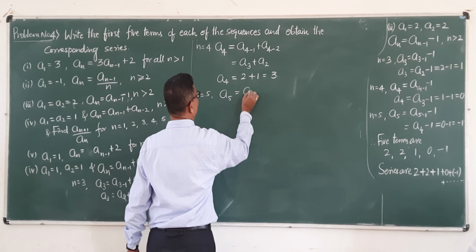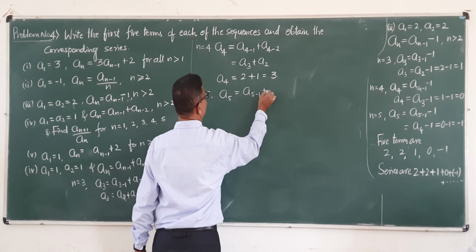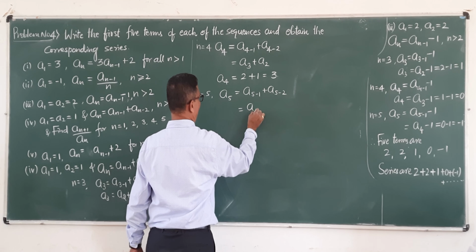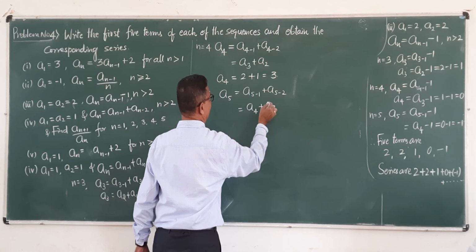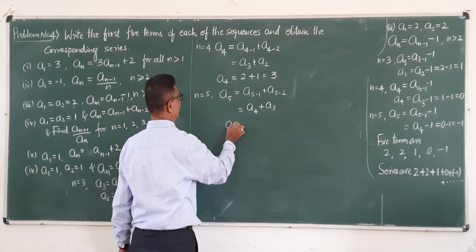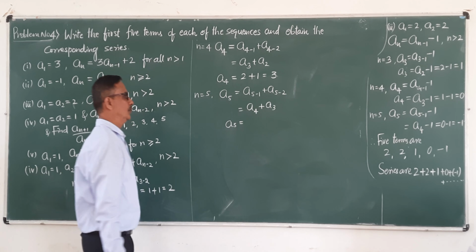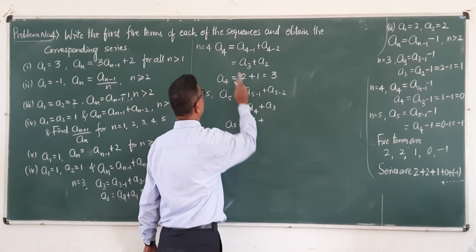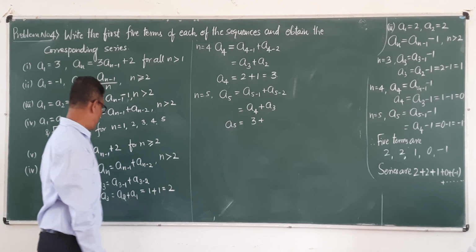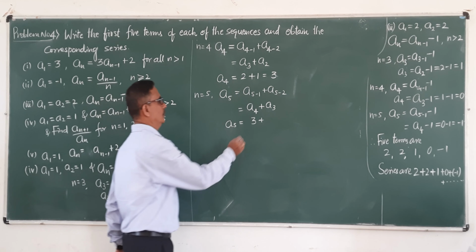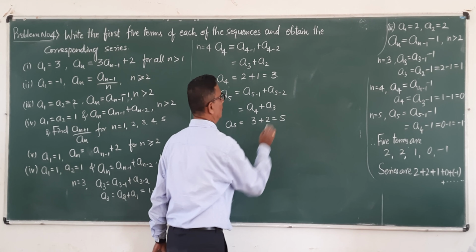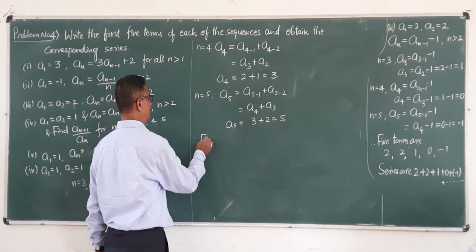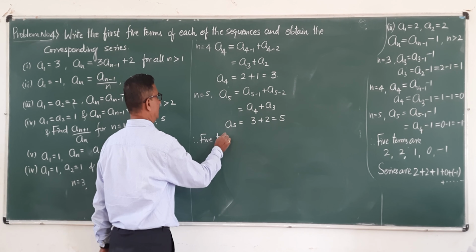a5 is equal to a5 minus 1 plus a5 minus 2. 5 minus 1 is 4. 5 minus 2 is 3. Therefore, a5 is equal to a4 plus a3. The a4 value is 3, and the a3 value is 2. So 3 plus 2 is 5. We got 5 terms. Therefore, the 5 terms are: